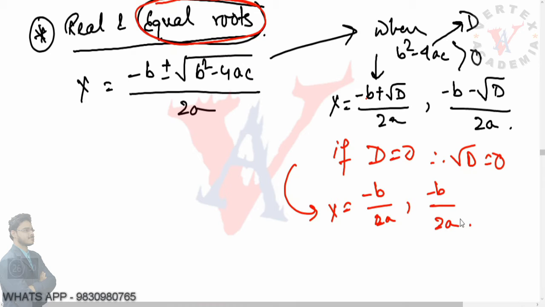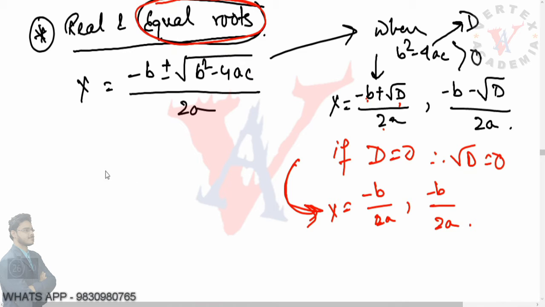So you can see that if the discriminant becomes 0, then we will get the value of x to be the same. Now you can take any other value other than 0. For example, you take 1. If d was 1, then minus b plus 1 by 2a and minus b minus 1 by 2a. You cannot get the value of x to be the same. But when you take the discriminant to be 0, in both the cases root d becomes 0, and finally what we come up with is two equal values of x.